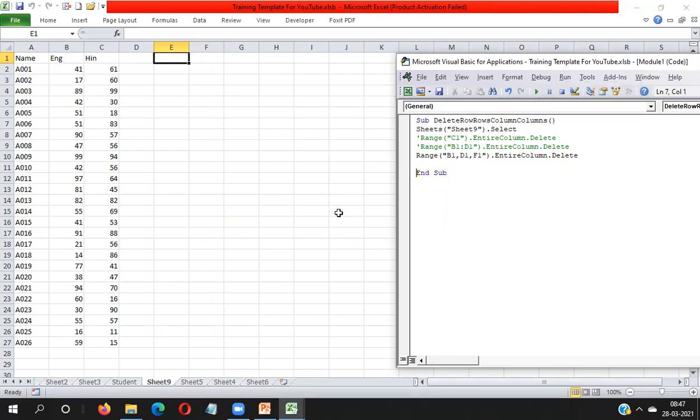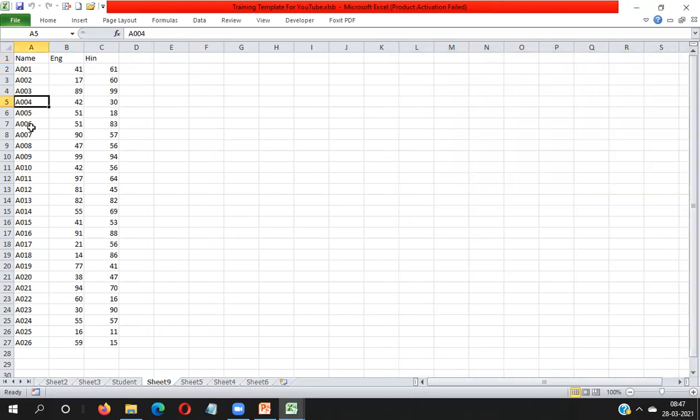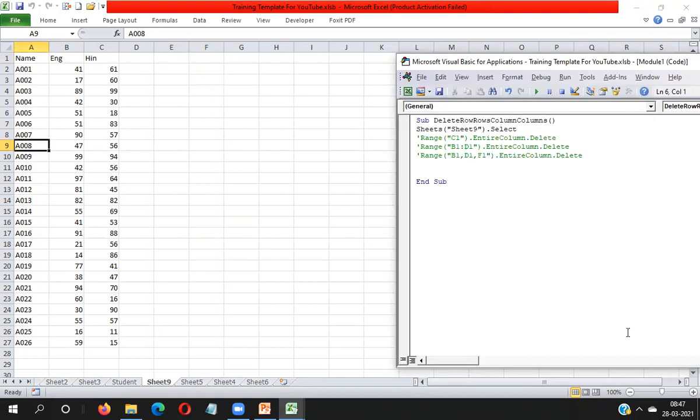Done. Now I will let you know how we can delete a row and rows. Okay, so now I'm going to delete row number 5, row number 7 and row number 9. First I'm deleting only one row, which is row number 6.